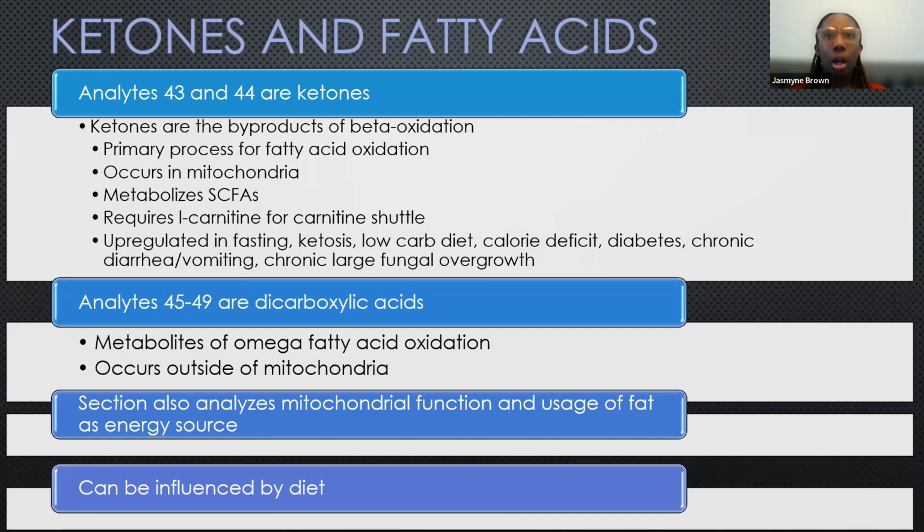Now, long chain and medium chain triglycerides actually require L-carnitine for the carnitine shuttle so that they can go into the mitochondria to be used for beta oxidation. So that's why carnitine is usually a big support here for this section. It is upregulated in fasting states, ketosis, low carb diet, calorie deficit, uncontrolled diabetes, chronic diarrhea, vomiting, and large chronic fungal overgrowths. And this is because these states are